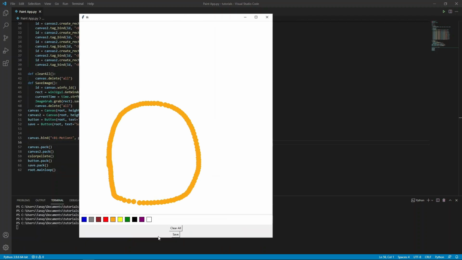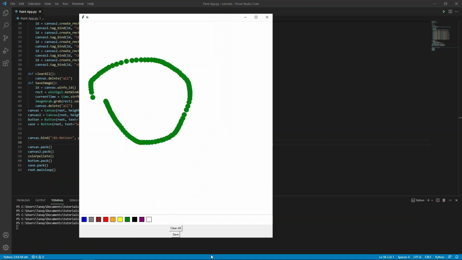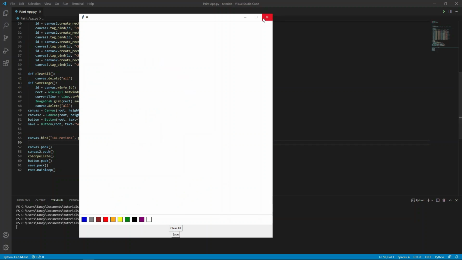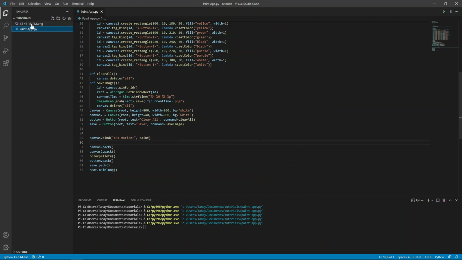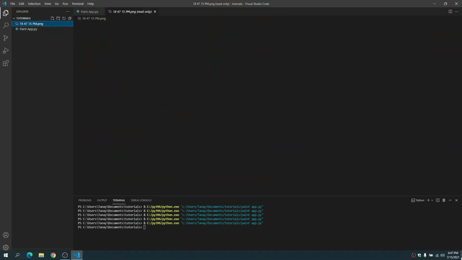Now if I draw anything on this canvas, I can clear it, draw and save it. See, the image is saved by the name of the time.